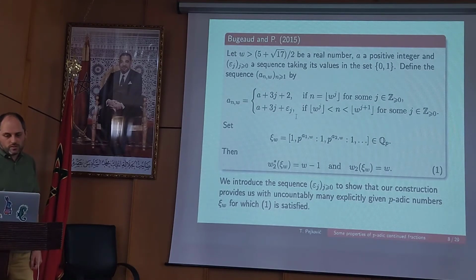This variation also introduces this sequence epsilon j, which is here only to show that our construction provides uncountably many p-adic numbers for which this difference between Mahler's and Koksma's function is exactly 1. If we want this difference to be strictly between 0 and 1, we have to